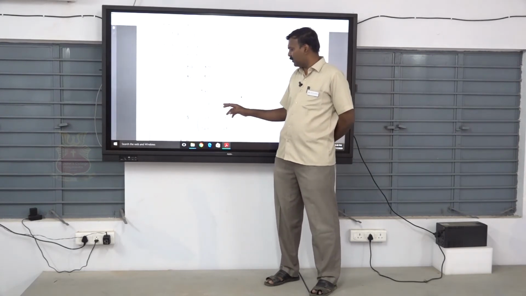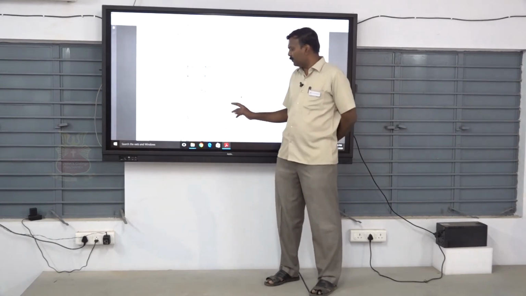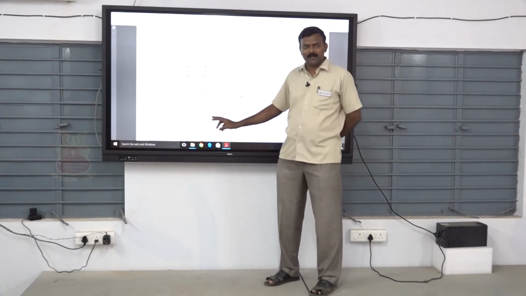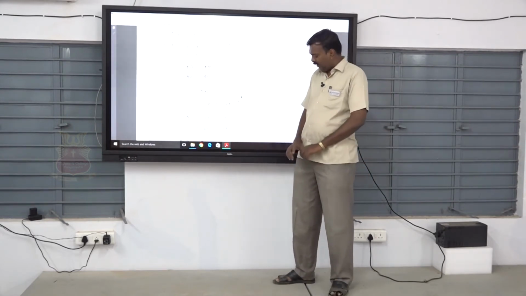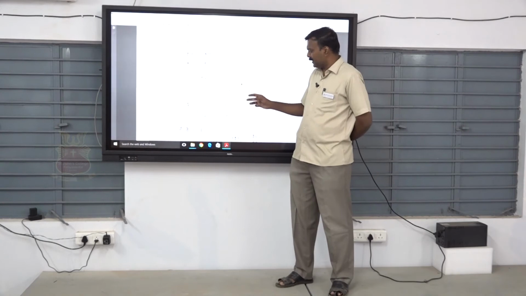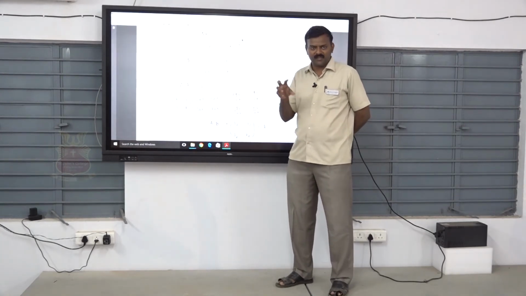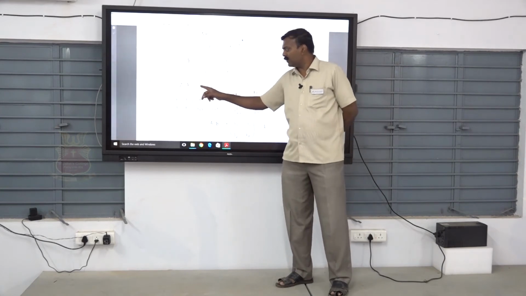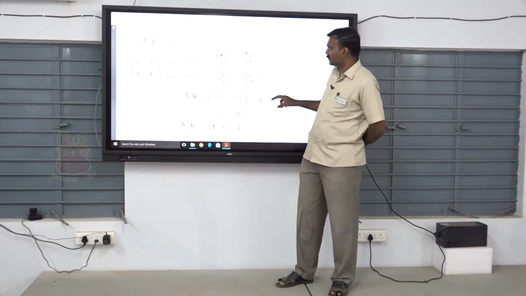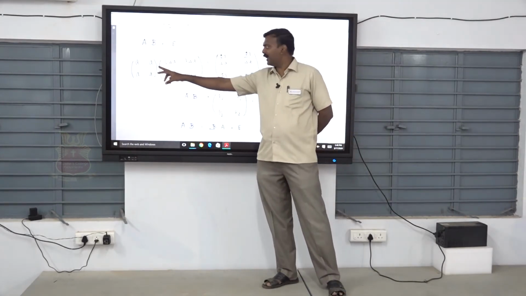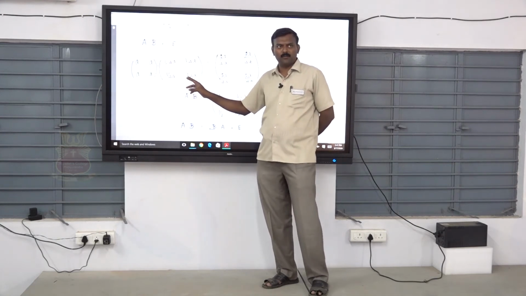Then B equal to 1 by 4A. Therefore B matrix is 1 by 4A, 1 by 4A, 1 by 4A, 1 by 4A. First we have to prove that 1 by 4A is the inverse of A. A dot B equal to, we get the answer E. Okay, A matrix A, B matrix 1 by 4A in all entries.